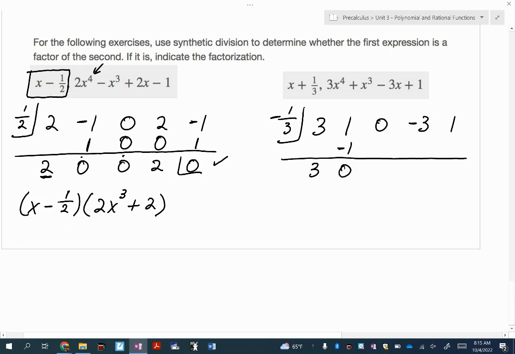Add and you get 0. 0 times anything is 0. 0 plus 0 is 0. 0 times anything is 0. Add and you get negative 3. Negative 3 times negative 1/3 is positive 1. And when you add this, you get 2. This is not 0. So x plus 1/3 is not a factor